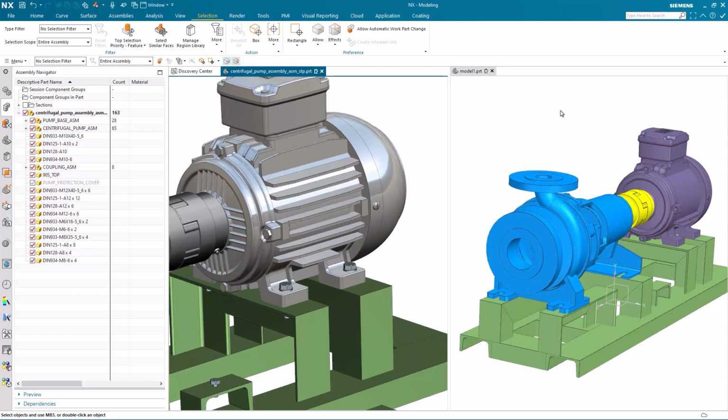Then I looked at specific areas of the model that I didn't want the supplier to have. I was able to do this manually to start with, but then also take advantage of the AI-powered Select Similar Faces command, new in this latest release of NX, to very quickly select and find areas of similar shape and remove them from the simplified assembly.